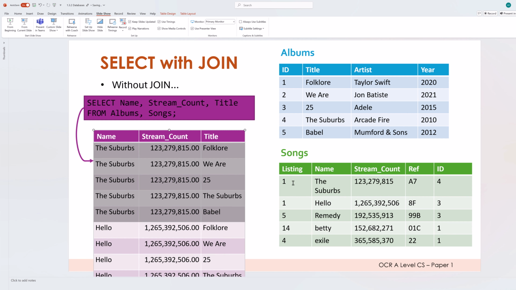That's because I've got 5 records in the songs table. So the suburbs, confusingly, is the name of the album, but also the name of the song. In this case, it's looking here initially. So it's getting to this record here. It's getting the stream count, that's no problem. But when it tries to match up which album it belongs to, you've not told it what the relationship is